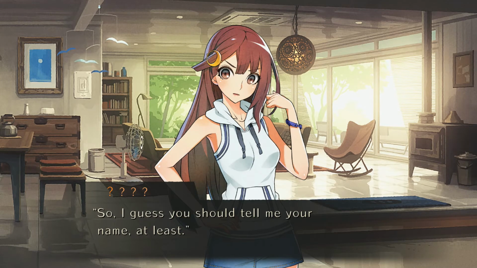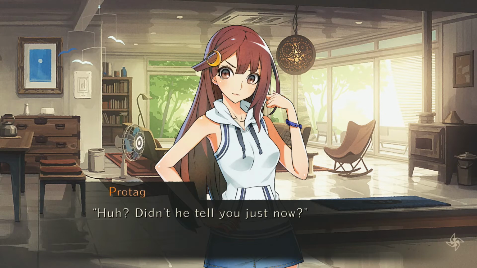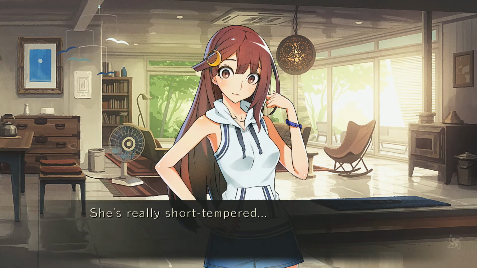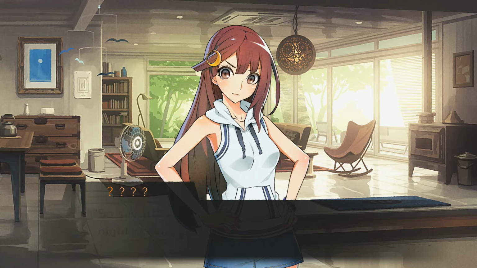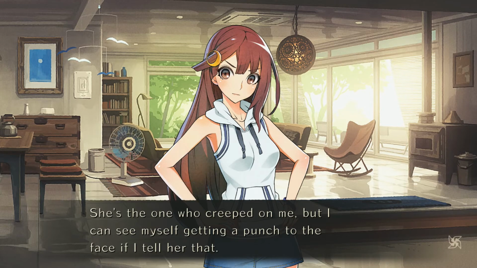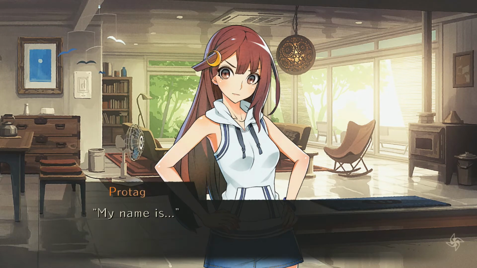名前なんていうの？ My name, didn't he tell you just now? 見てたでしょ？聞く前に電話切っちゃったんだから。頭に血が上っちゃって。 Wow, you were really ticked off, huh? She's really short-tempered. Yeah, we can see that. ほら、名を名乗れ、この弱い男。 You calling me a night creeper? She's the one who creeped on me, but I can see myself getting a punch to the face if I tell her that. My name is...